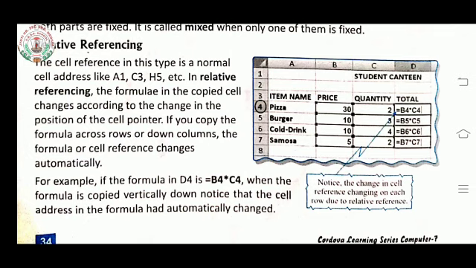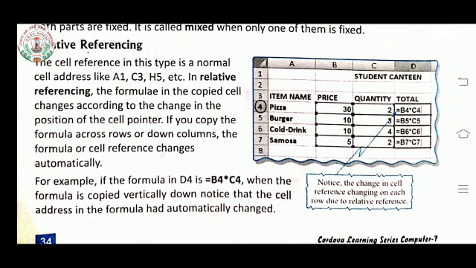If you copy the formula down columns, the row numbers keep on changing, and if you drag horizontally, the column name keeps on changing. So both are not fixed, both keep on changing. If you copy the formula across rows or down columns, the cell reference changes automatically.